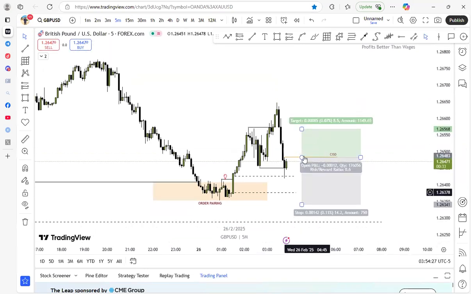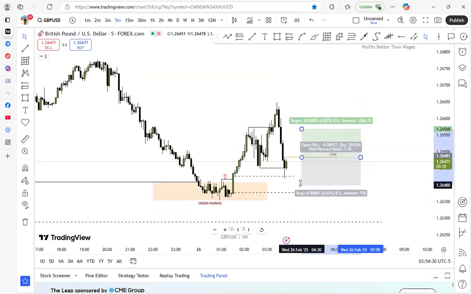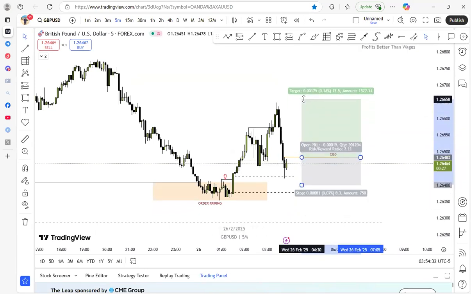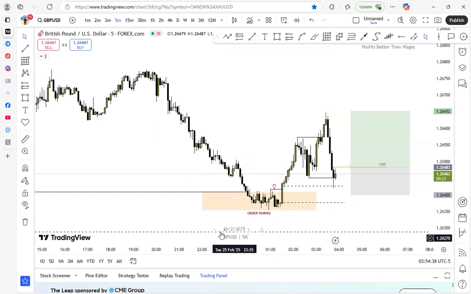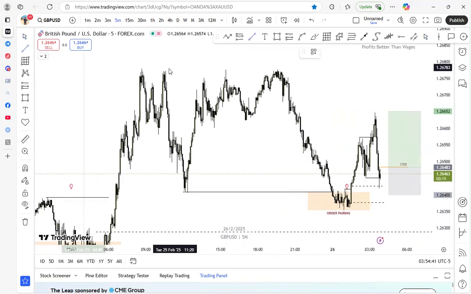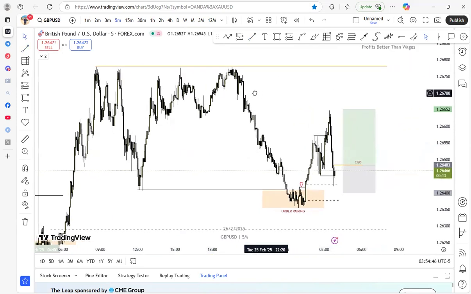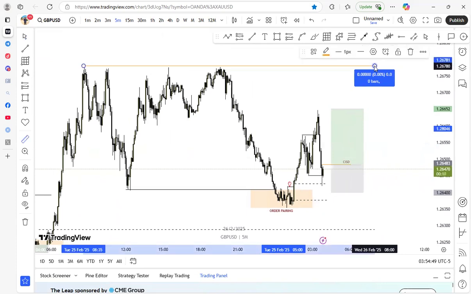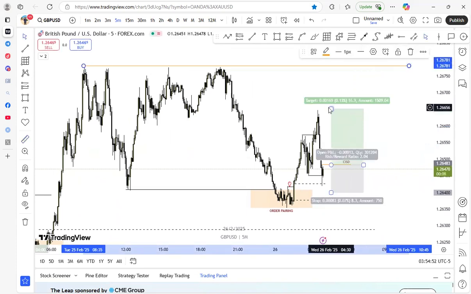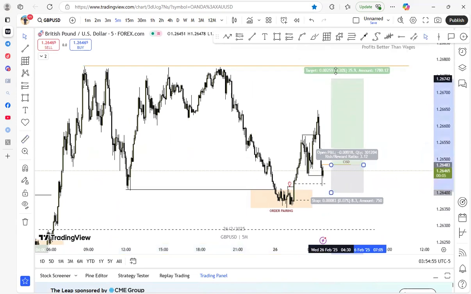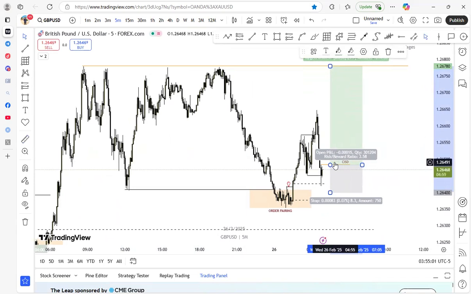And again, if I execute, I'm going to go for a 1:2 risk reward ratio, which is here. We are going for this high on our 1 hour time frame. You can see that there is a lot of low resistance liquidity resting above those highs. But for me, if I'm going to buy up until that point, I'm going to make sure that the moment we take out this high, I'm going to,